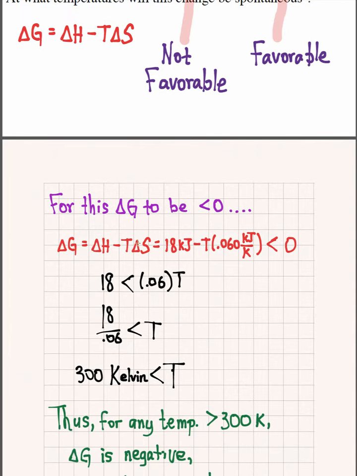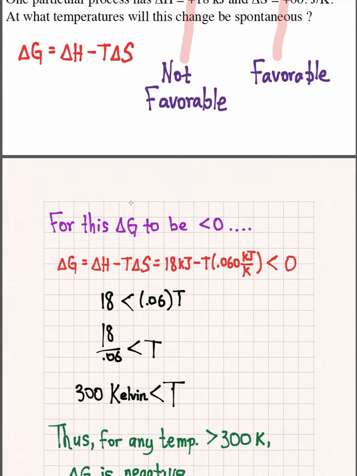So if my delta H was 18 kilojoules, and my delta S was, we said, 60 joules per Kelvin, the Kelvin temperature comes into play as I want to multiply by the delta S and the Kelvins cancel. So I could write it as an inequality saying, for this to be spontaneous, I want my free